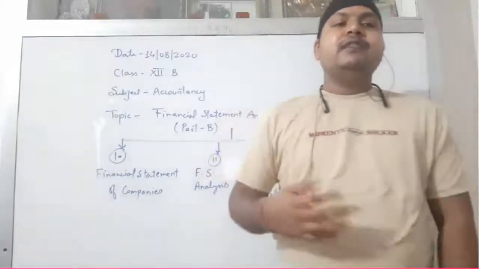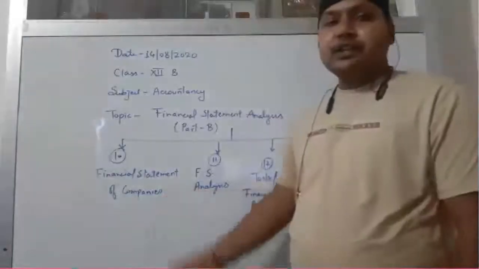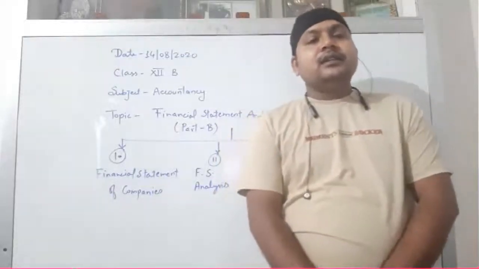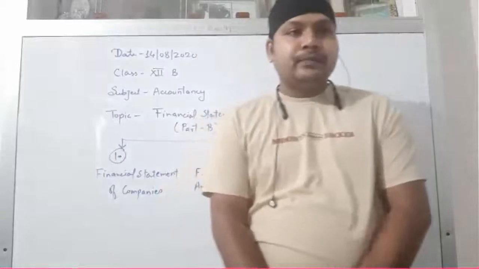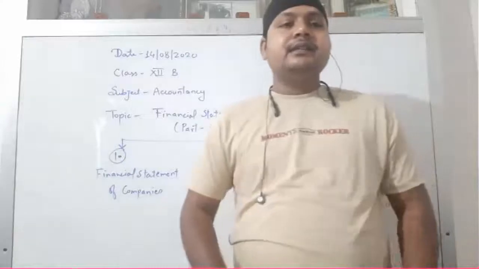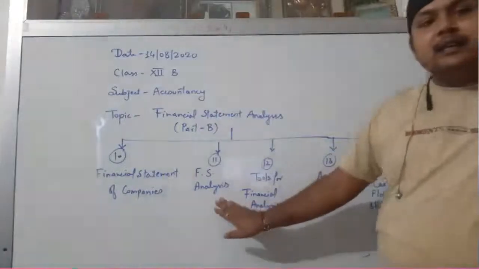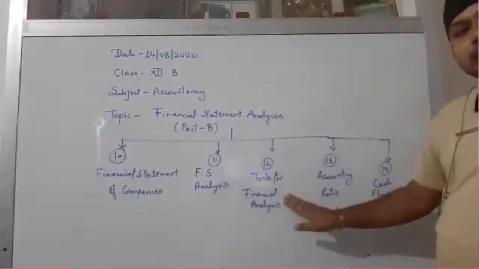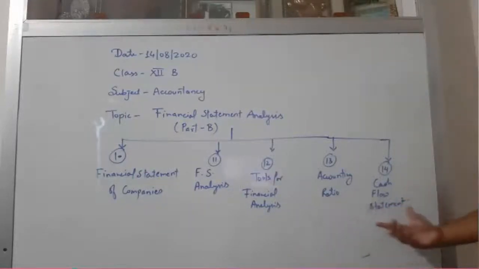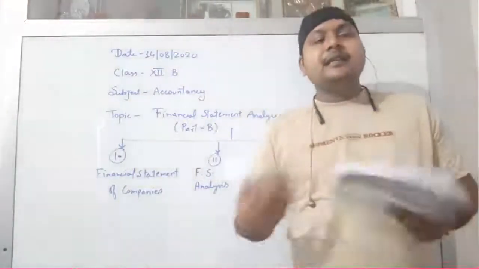When we move to the financial statement of the company, यानी कंपनी के फाइनेंशियल स्टेटमेंट की बात करें तो इनका जो फाइनेंशियल स्टेटमेंट है ये ऐसे ही नहीं बन जाता। इसके लिए स्पेसिफिक रूल दिए हैं विच आर गिवन अंडर द कंपनीज एक्ट 2013। कंपनीज एक्ट 2013 के अकॉर्डिंग इनके पूरे प्रोविजंस गिवन किए गए हैं कि एक कंपनी किस तरह से अपना फाइनेंशियल स्टेटमेंट प्रिपेयर करेगी, फिर उस फाइनेंशियल स्टेटमेंट को एनालाइज कैसे करना है, और एनालाइज के कौन कौन से टूल्स हैं। टूल्स तो बहुत सारे हैं, उसमें से दो इंपॉर्टेंट टूल्स हैं, दैट इज अकाउंटिंग रेशियो एंड कैश फ्लो स्टेटमेंट।